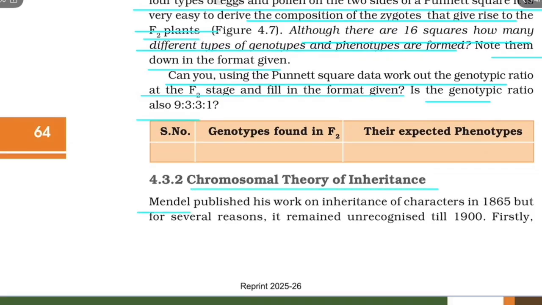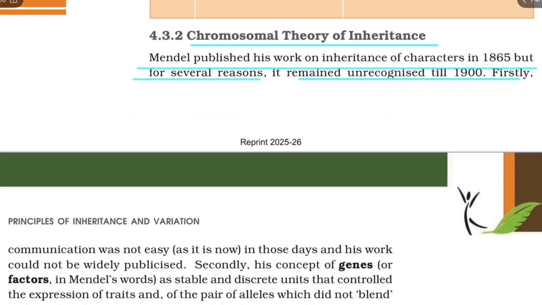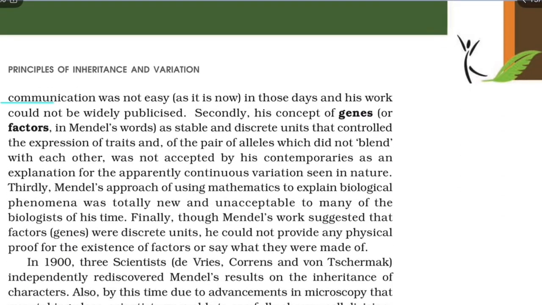Chromosomal theory of inheritance. Mendel published his work on inheritance of characters in 1865, but for several reasons it remained unrecognized until 1900. Firstly, communication was not as easy as it is now, and his work could not be widely publicized. Secondly, the concept of genes, or factors in Mendel's words, as stable and discrete units that control the expression of traits, and their alleles which did not blend with each other, was not accepted by his